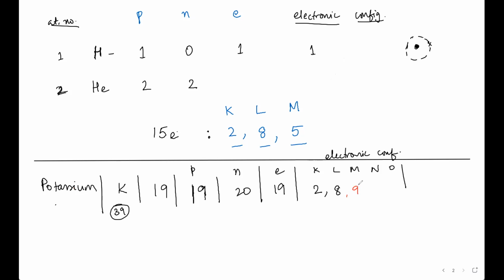You can't put the remaining 9 in the M shell because, remember how I told you these shells are basically energy levels? This is not in your syllabus, but in grade 11 it is explained properly in detail. Each energy level has something called subshells or orbitals, basically energy sub-levels. The way you can think of it is an apartment building.